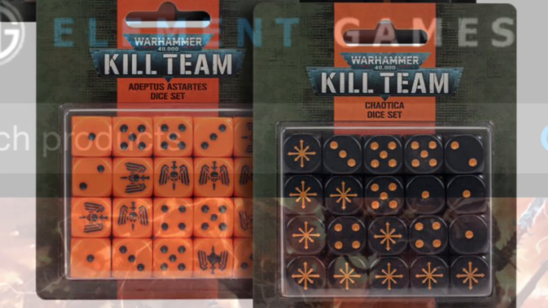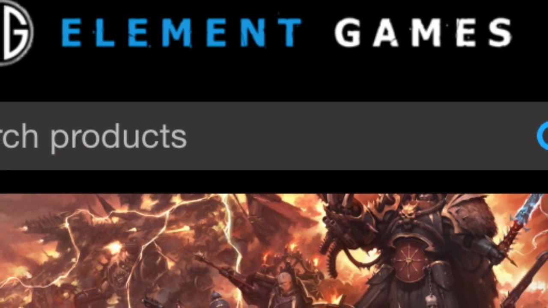We've got a set for Adeptus Astartes, and we've got one like Chaos set as well. So just before we move on to the Black Library content, and then a quick follow-up on all of this Killteam stuff, just to give a few opinion pieces and that kind of thing,